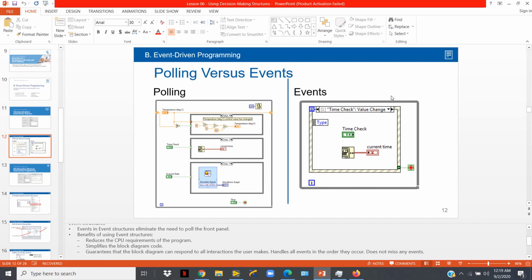And events can handle all events in the order they occur. So it guarantees that a block diagram can respond to all interactions the user makes, handles all events in the order they occur, and does not miss any events. So this is the difference between polling and events, and this difference will be further clarified